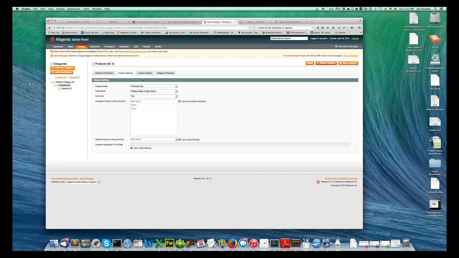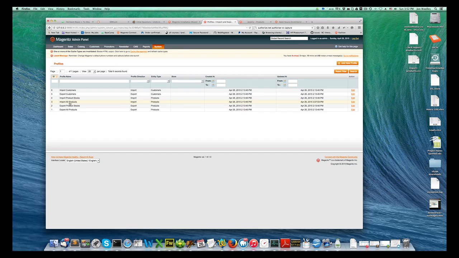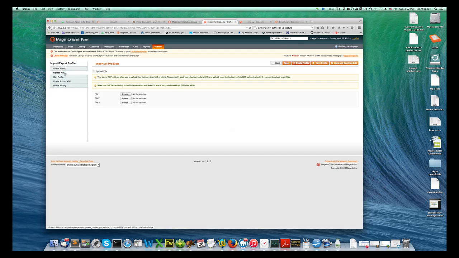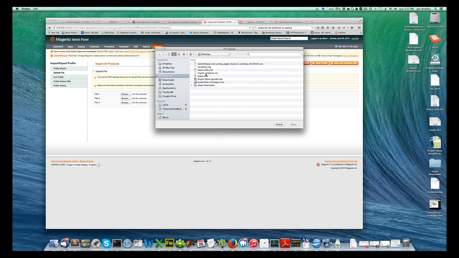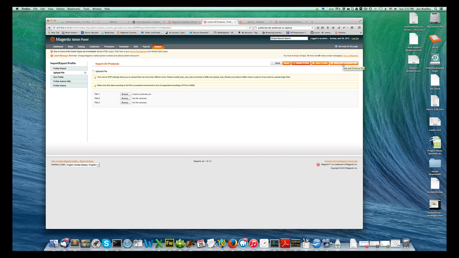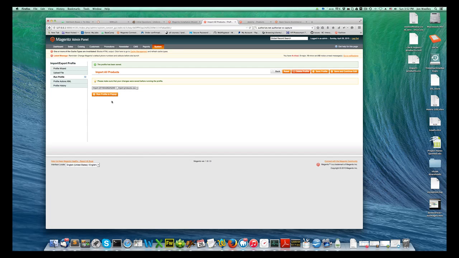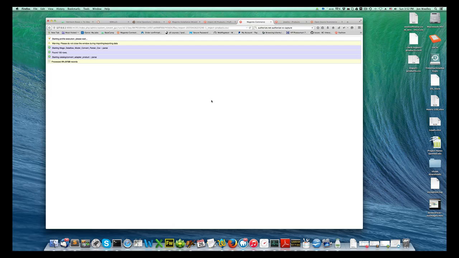So to import these, I'm going to go to the data flow profiles. I'm going to select this import all products profile. And then I'm going to upload the CSV file that I'm referencing. So I select it. And then I save and continue to edit this profile. What it's going to do is upload that file. If I select this run profile, and then select that file I just imported, it's going to run this in a pop-up. So this pop-up is running, it's generating